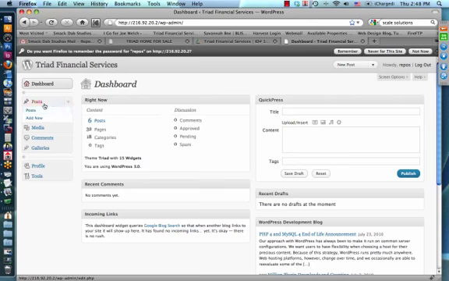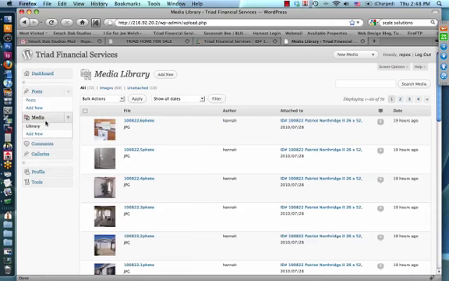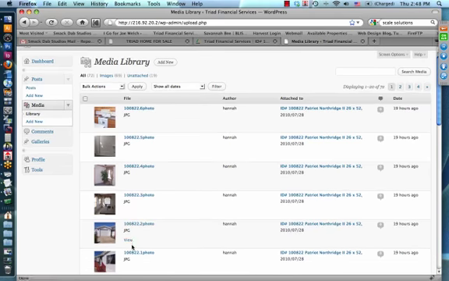What you will need to use is posts, and I will show you what that looks like. These are each individual posting for each property. We'll be working on that, and we'll be working on media, which is where we put all the photographs. You can see the ones I uploaded as our tests last night. Here they all are. And if you were ever unsure as to what they were, you can